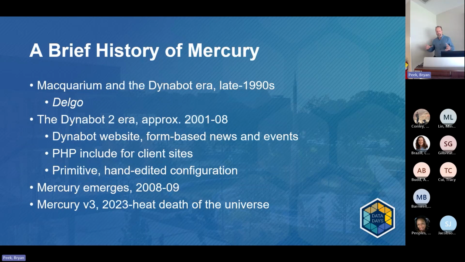It was a form-based system where you would create news and events, and there was a little snippet of PHP that you would add to your website. And then there was this incredibly long configuration file that we had to maintain by hand. And about 2008, it was too much trouble to continue taking care of. And so myself and Eric Huffman and Brian Jordan, who have passed, not from the world, but from here, we sat down for 6 months and evaluated CMSs and chose, at the time, Drupal 6, and built this thing. It is now on Drupal 9 and is about to be on Drupal 10. And hopefully will continue to the heat death of the universe.